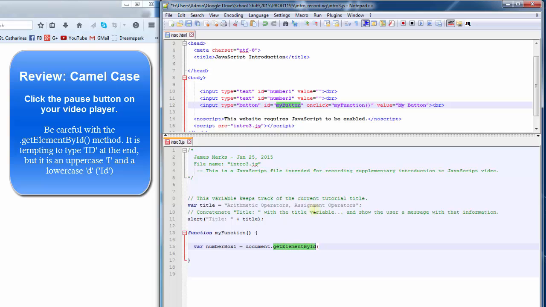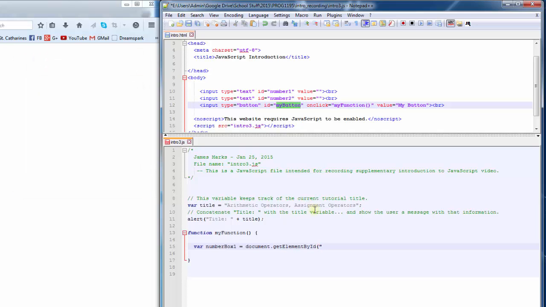Alright, and I'm going to put in quotes. Now whenever you want to get a reference to a text box so that you can get information from it or put information into it, you call it by its ID. I like to copy and paste so I know that I've copied it exactly the same in both locations. So I've copied and pasted that one, and I go number box 2 equals,